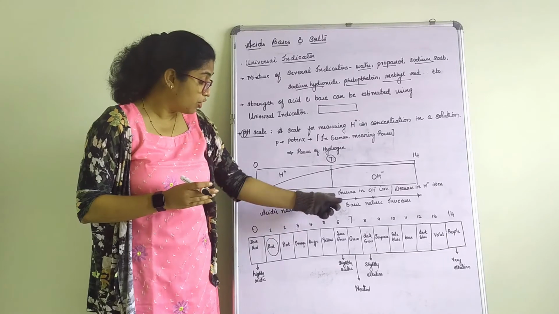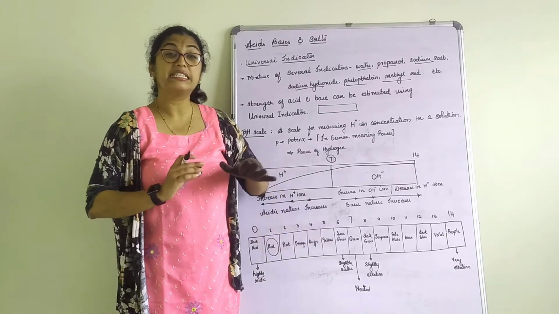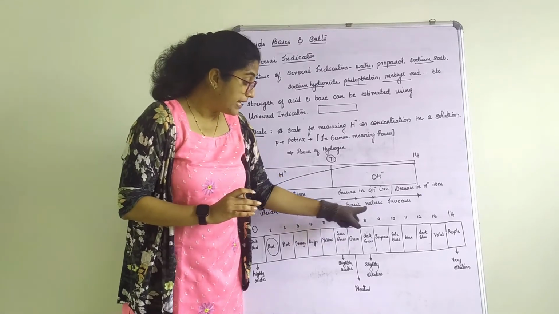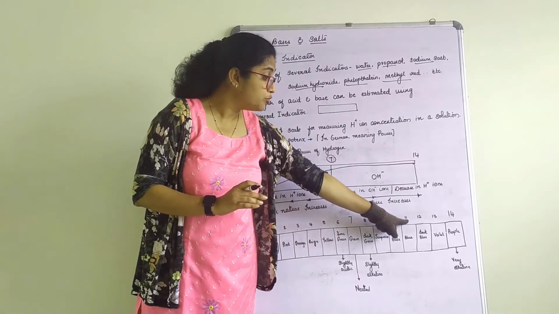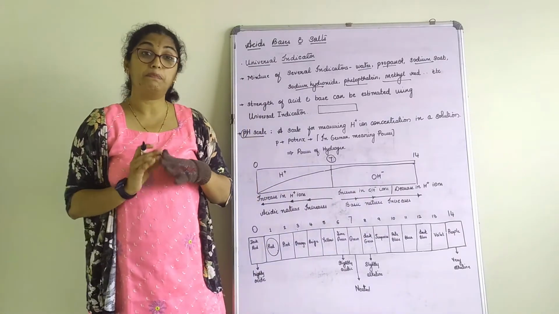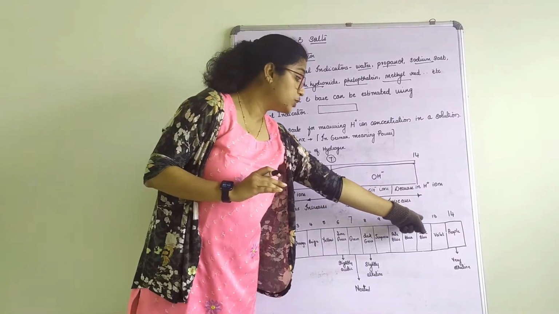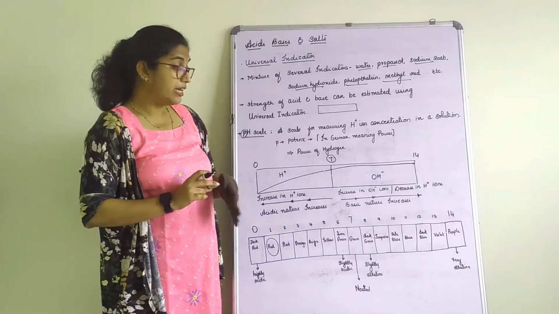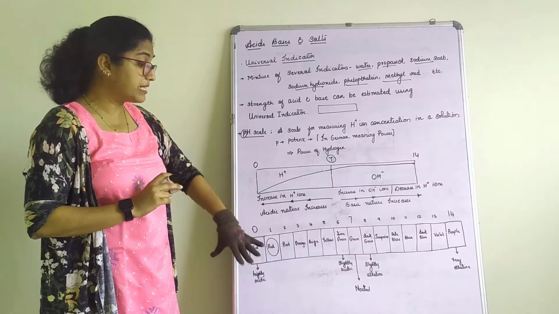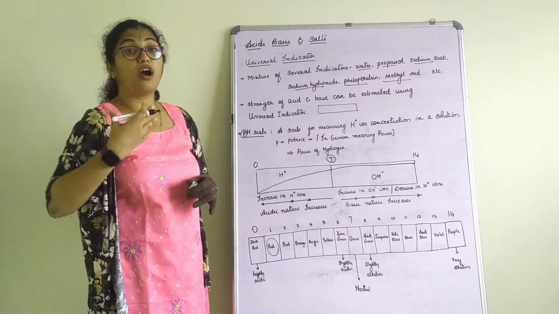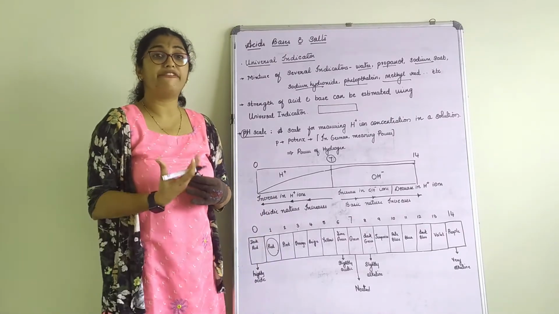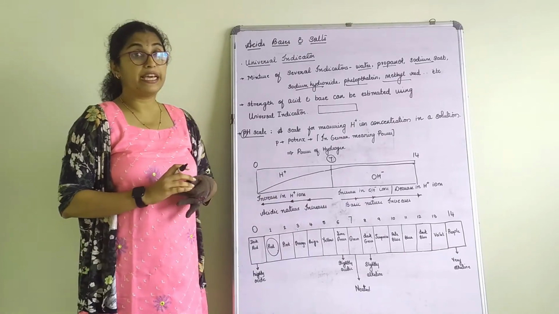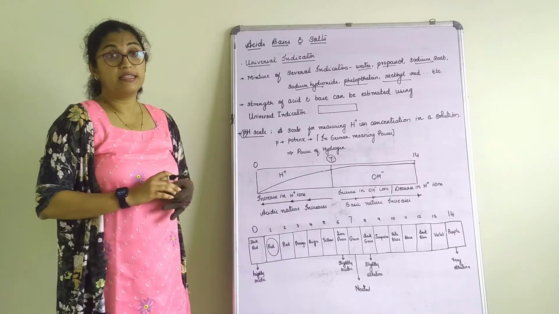The pH beyond 3.5 to 6 is slightly acidic. 7 is neutral. The pH between after 7 to 11 is slightly basic, right? The pH between 12 to 14 is highly basic. Got this point? Now, what are the basic examples, or what are the common solutions that we use in our everyday life, or that we come across? What are their pH values? We'll see that in the next part.